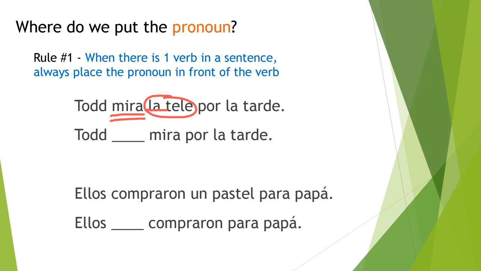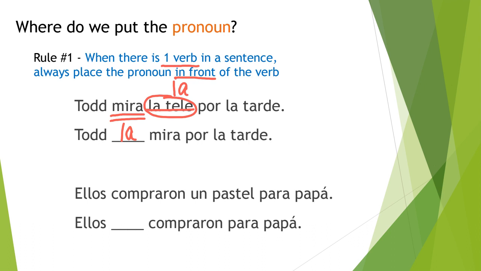We're going to get rid of our direct object, la tele. It is a singular feminine noun, so we're going to replace it with the direct object pronoun la. And as our rule states, since there's one verb in our sentence, we're going to place the pronoun in front of the verb. So we're going to put la right here. Todd la mira por la tarde. In English, this would say Todd watches it in the evening. Notice that in English, our direct object pronoun goes after the verb in this case, and in Spanish, it goes